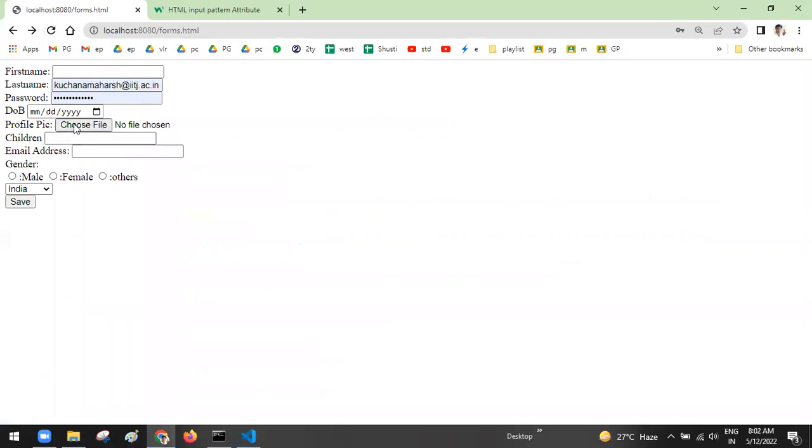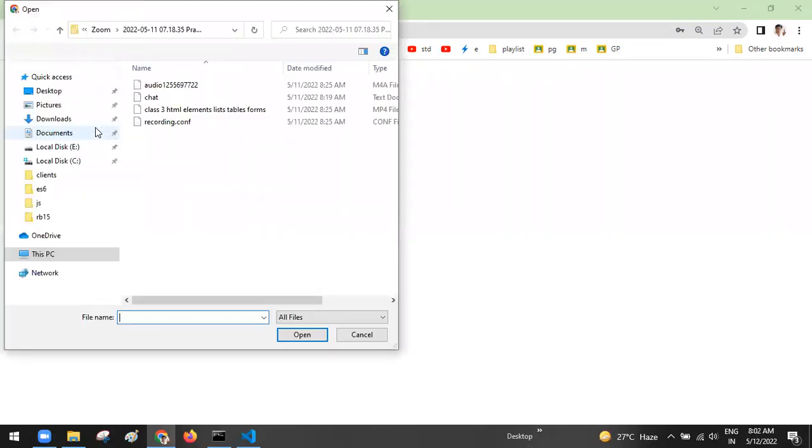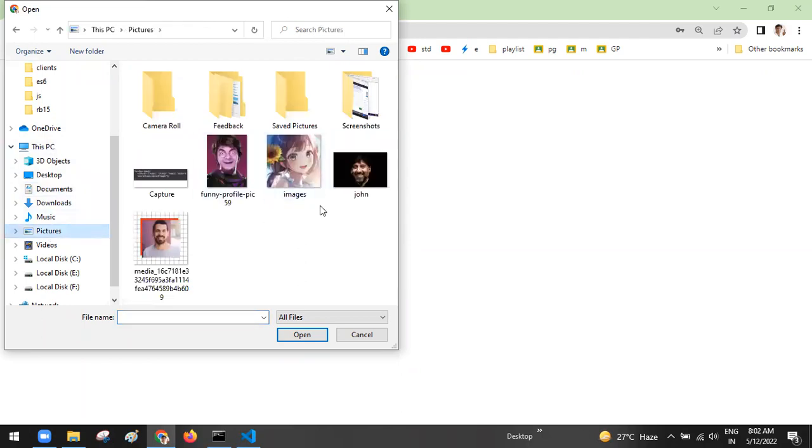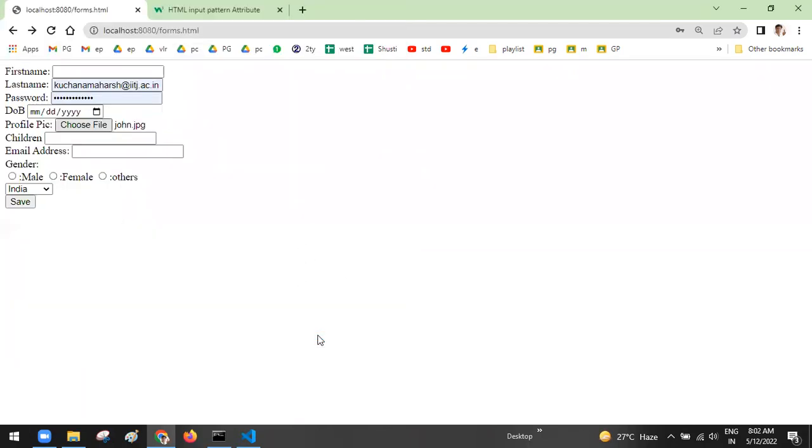So here it will give you a button to select the profile pic. This has come because of the file type. When I click on that box, it will open the browser and you can select any one of the pics and apply it. So now the profile pic got selected. For your information, okay,